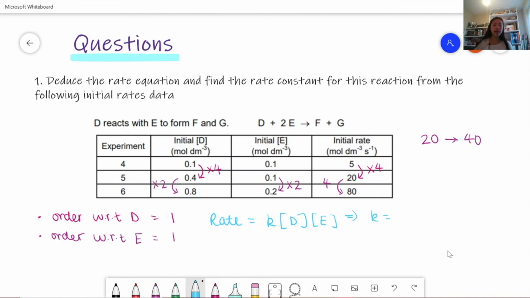So we have K equals rate over the concentration of D multiplied by the concentration of E. So then K equals, so for example, I'm going to choose experiment 4. We would have 5 over 0.1 times 0.1. So that would give me